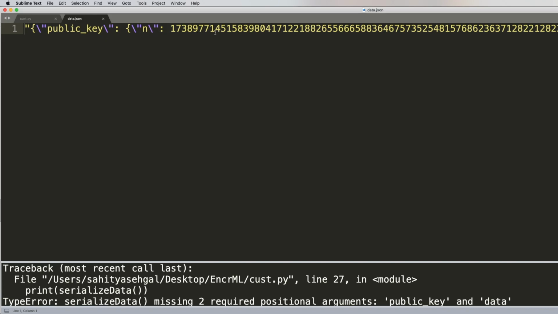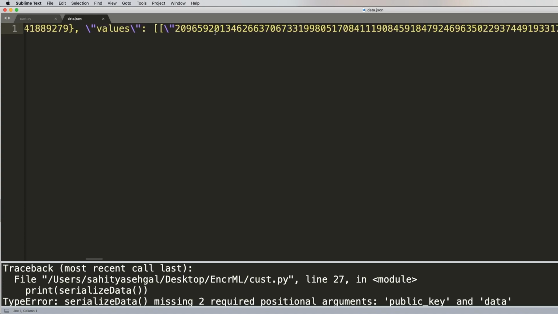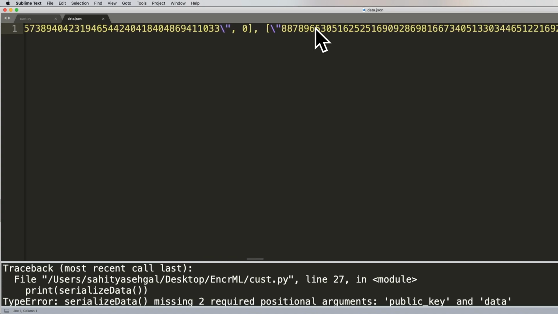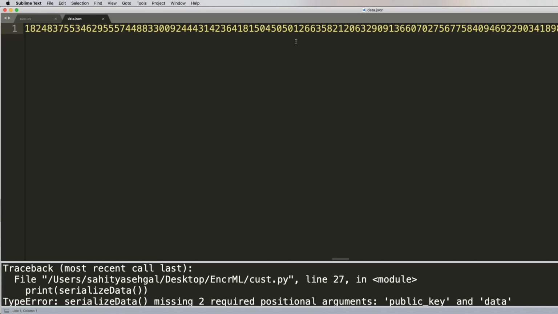So this is the public key itself. As I scroll across, even the data here, which is embedded in this variable called values, everything here is encrypted. So all these digits here is representative of that single digit 24, and then wherever the next list element starts, which is right here, this is representative of that 4. Only I know that because I'm watching it. There's no way anybody else will actually know what all this means.